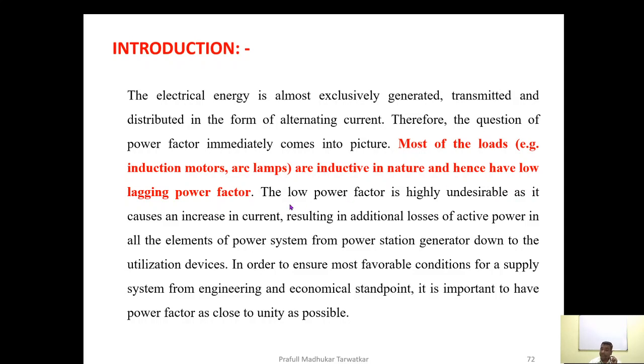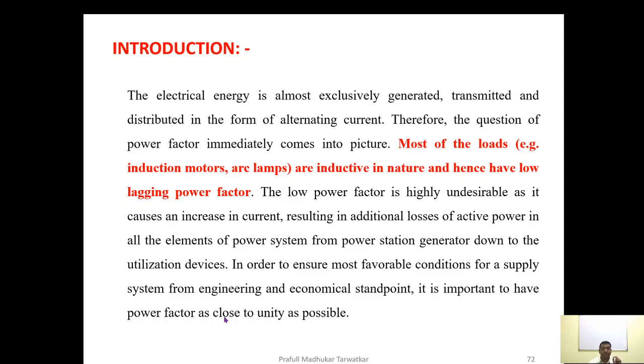It is not at all desirable to have a low power factor because the system consumes more current, and the supply has to be more to fulfill the requirement of a particular load if the power factor is very low. So in order to ensure the most favorable condition for a supply system from an engineering and economical standpoint,